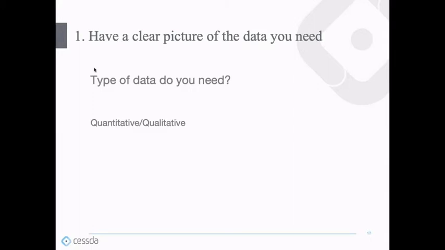Ask yourself what type of data you need. Maybe you conduct a quantitative study or a qualitative study. Or maybe you can conduct both. If you are going to use quantitative data, your discovery process will be much easier. You will be probably looking for the survey data, and they are stored in many data archives across Europe. In case you want to use qualitative data, by which we mean, for example, data from in-depth interviews, it may be very challenging because qualitative data are less available for secondary use.